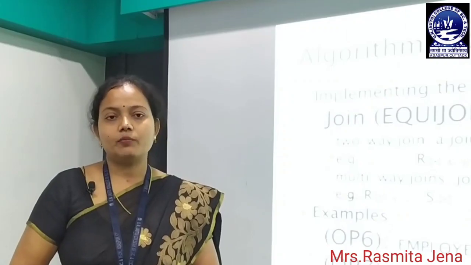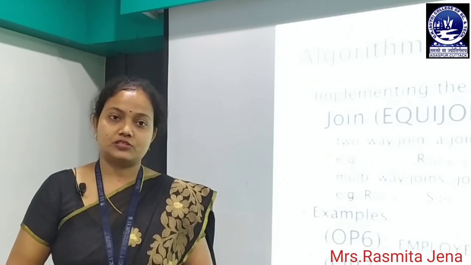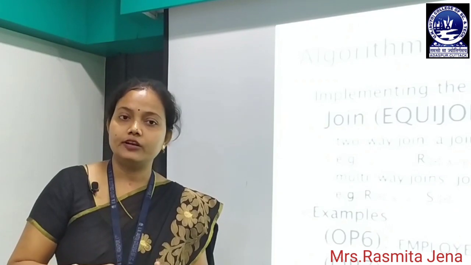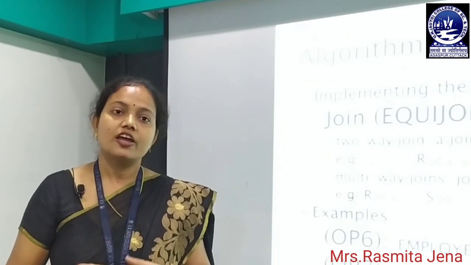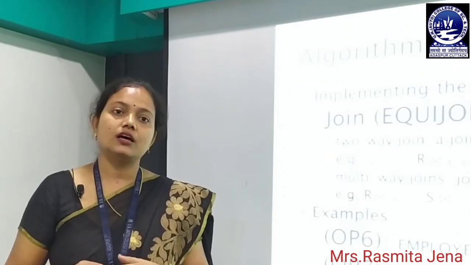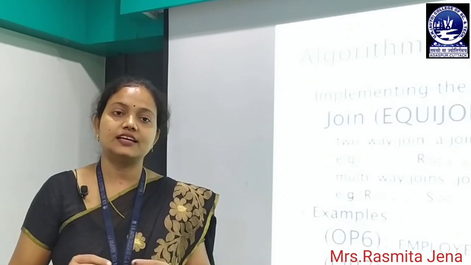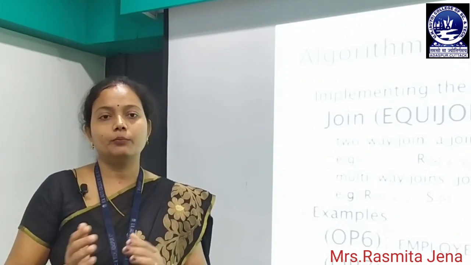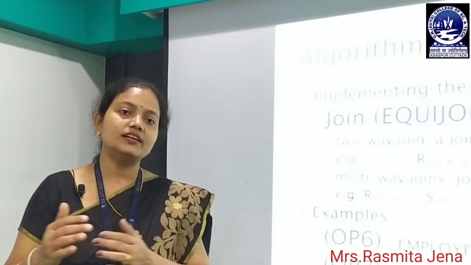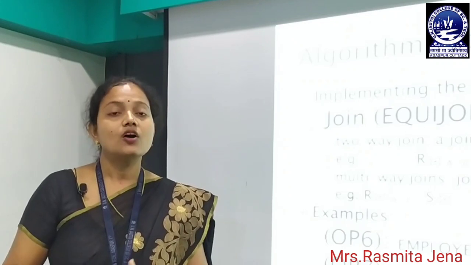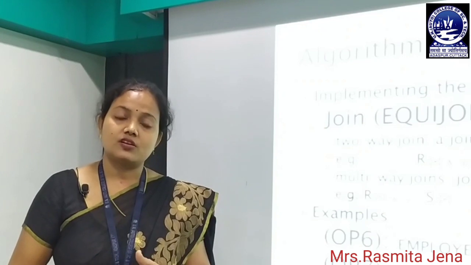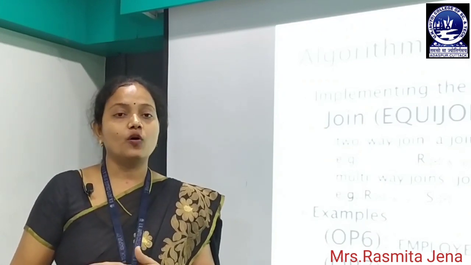Okay. So, this is all about the algorithms for select operation. That means, if one equality comparison operator is given on a key field, then we implement the select operation accordingly. If we implement on non-key attributes, using the conjunctive connectors, that is if equality comparison operators are given on both conditions, or equality comparison in one condition and another comparison in the other condition, in this way we may implement the algorithm for select operation. So, next we will see the algorithm for join operation.